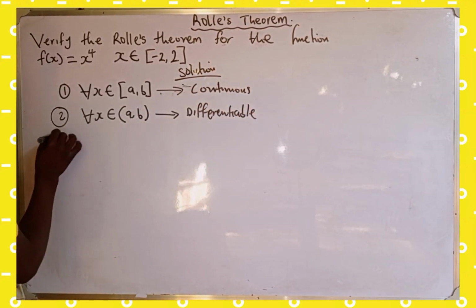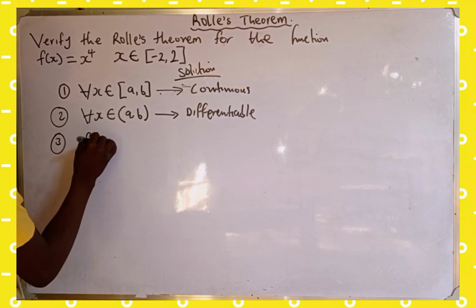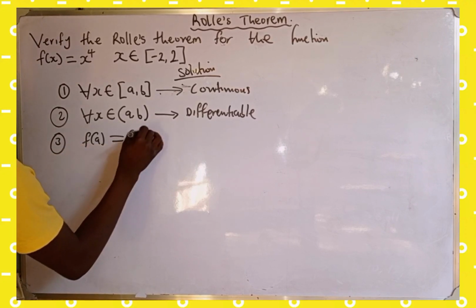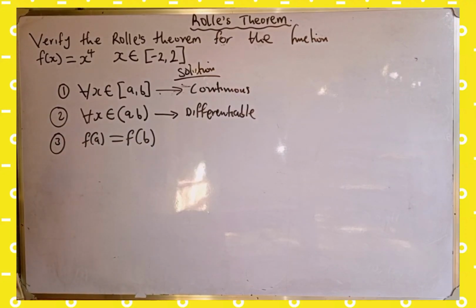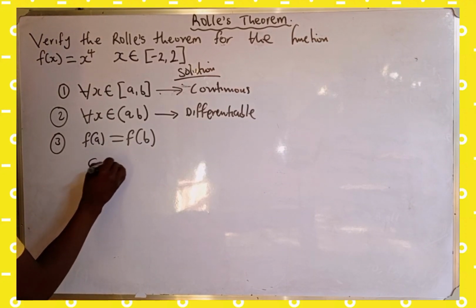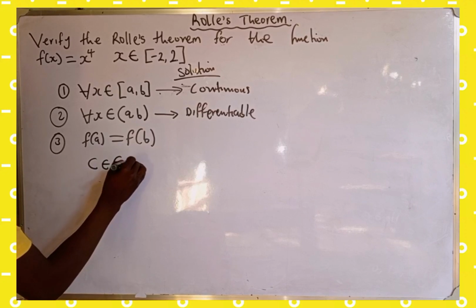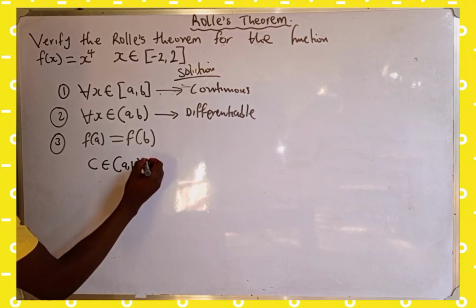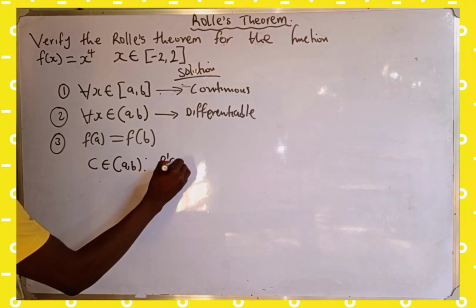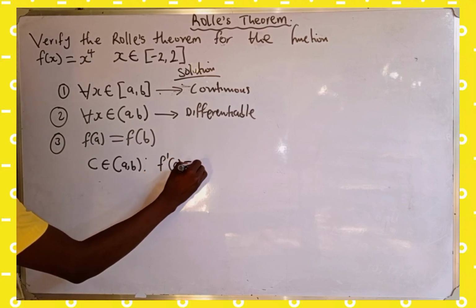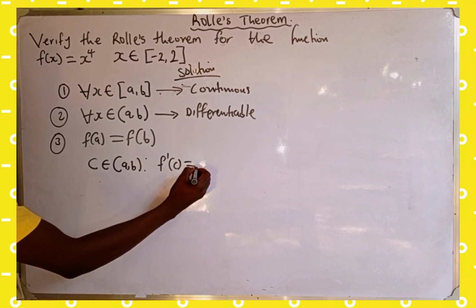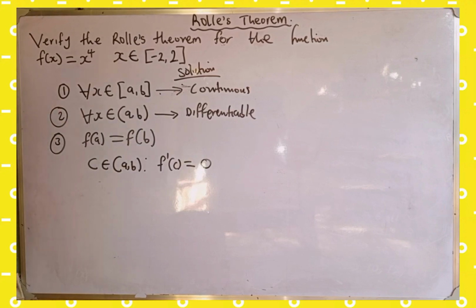Then condition number 3: f of a must be equal to f of b. Then the last condition: there exists c, an element of the open interval a, b, such that the first derivative of f at c is equal to 0. So if these four conditions are satisfied, then we can conclude that the function satisfies